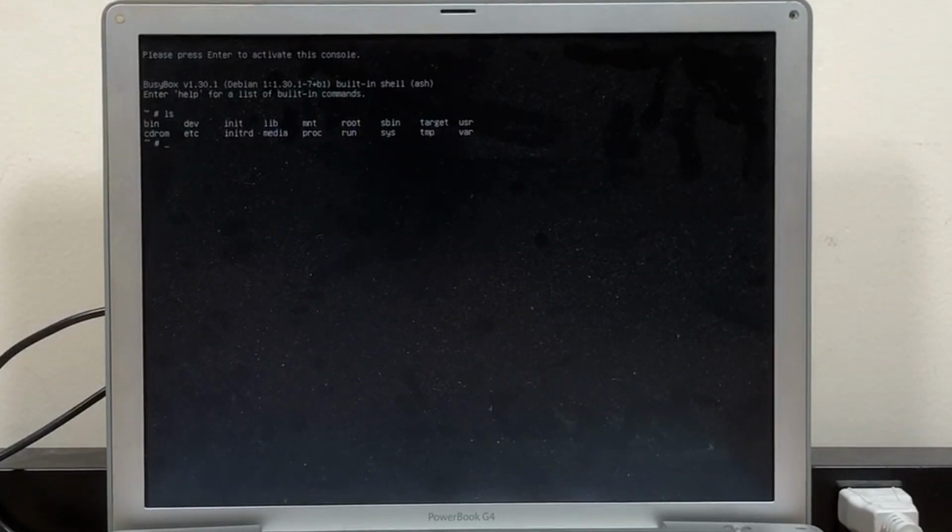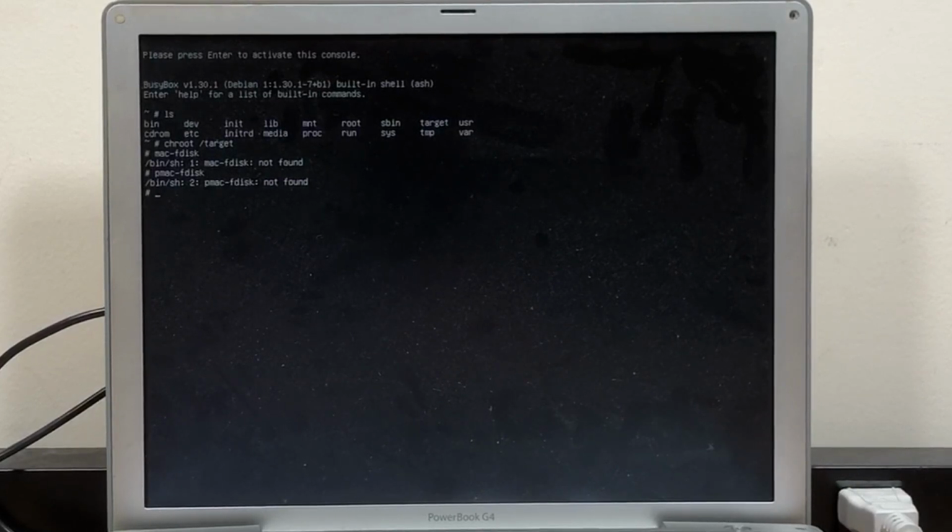I need to do ls. I want to do chroot /target, and then, is that a thing? All right, it doesn't seem like that's a thing.